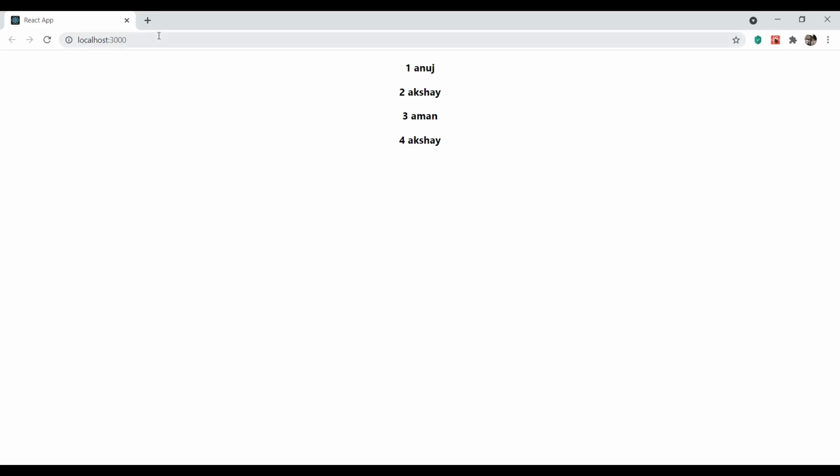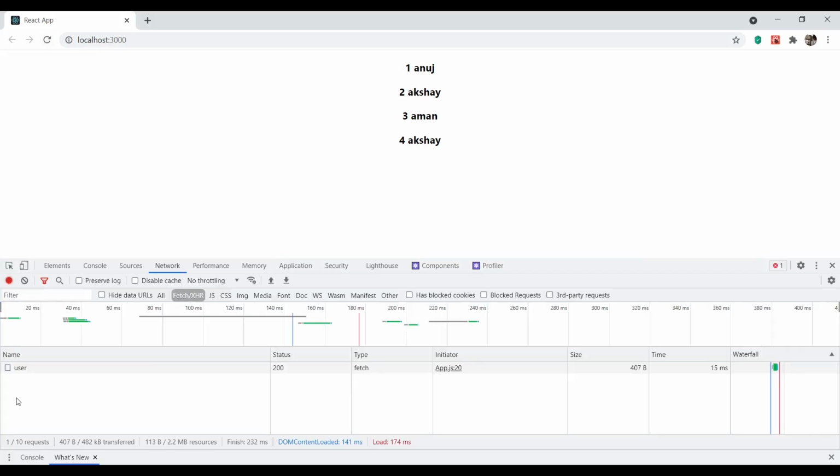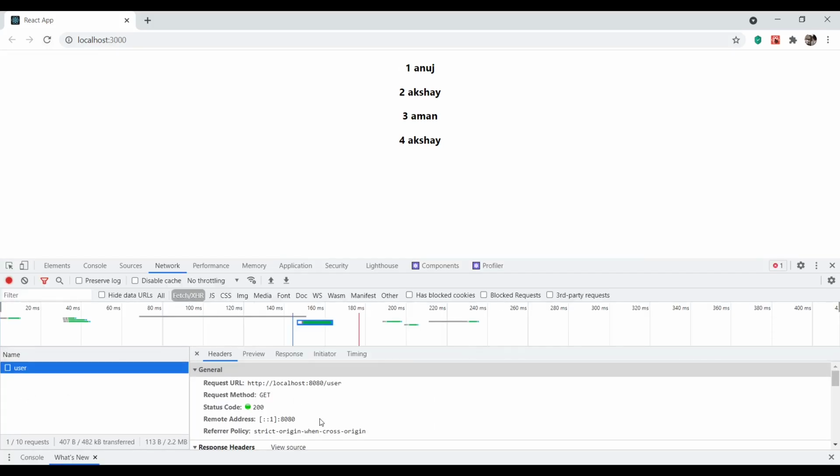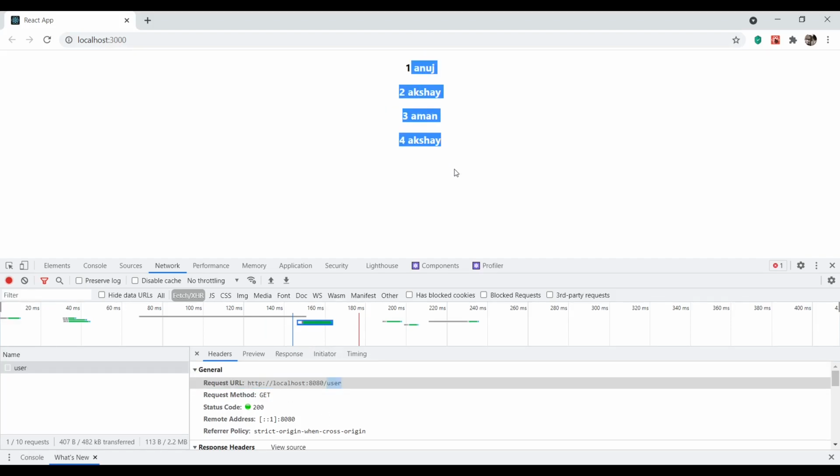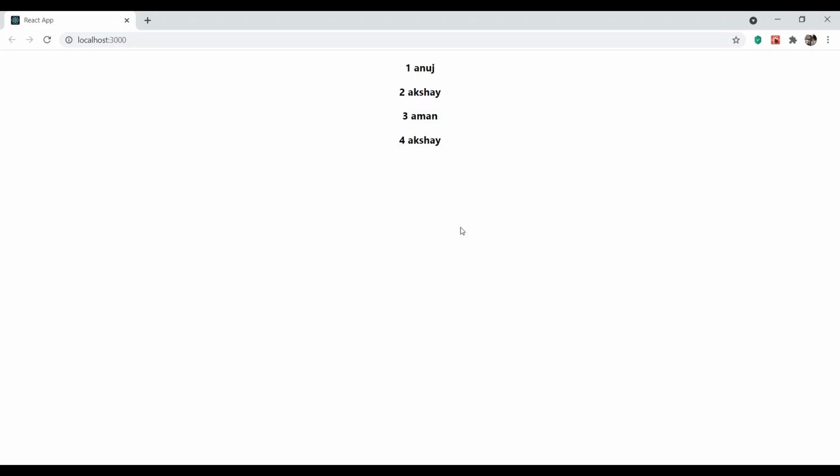So this is a sample application. I didn't want to do anything else. This is a React.js based application, which fetches records from a database. It sends a request to my Spring Boot backend. This is /user, the endpoint, and it fetches a list of users along with their IDs. The emphasis of this video will not be on the application, but on the deployment part.